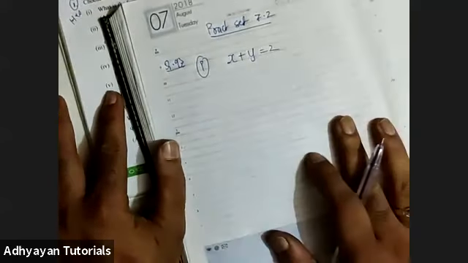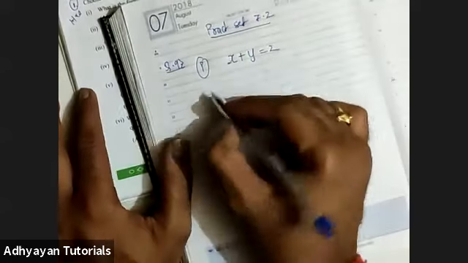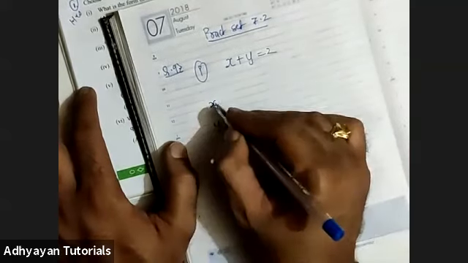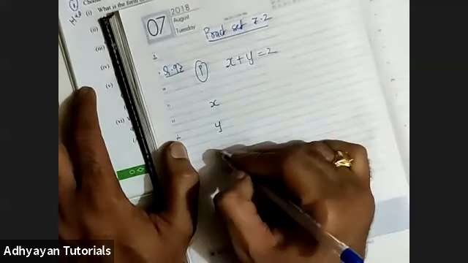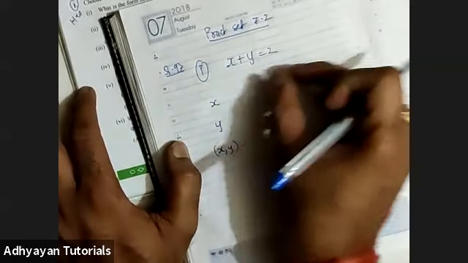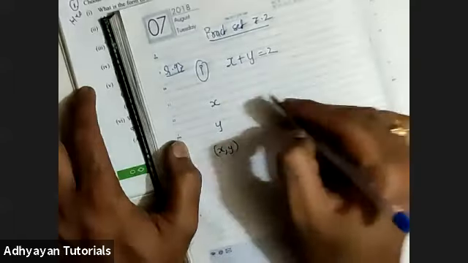We have to draw the graph of this. But in order to draw a graph of this, children, first we need to find out certain values. Now, what values? Let us understand that. I'll just make a table here: a row for x, a row for y, and x comma y. Instead of making rows, you could also have made columns. That is up to you.